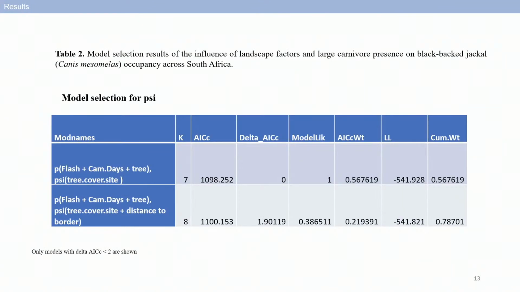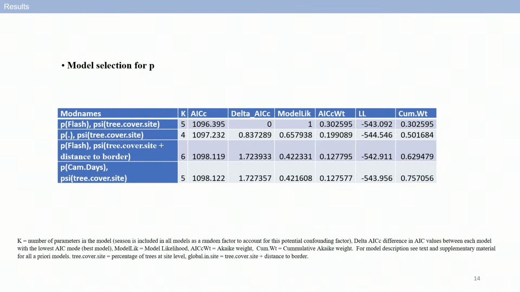So, it's basically surprising that the most important factor was actually only tree cover at the site level, so a fine scale variable. It was a robust model with more than 60% of the support, followed by the model considering the distance to the borders, which is a proxy for edge effects. But we have to be cautious with that model because the distance to the border had a low coefficient and a bit of high standard error. So in the end, it's not very meaningful, which basically suggests that tree cover is the most important driver here. For the detection probability, we don't really care too much about that. We just want to model it.